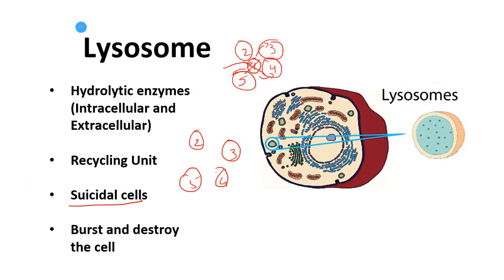Okay, there is a very common question why lysosome is said to be the suicidal bag. Because lysosome has many hydrolytic enzymes and when the cell is in damage, it bursts open and releases the enzyme and digests or destroy its own cell so that there is no harm to the surrounding cell. And hence it is also said to be the recycling unit. Okay, it has these small hydrolytic enzymes, and it is a spherical shaped structure present inside, filled with some fluid.